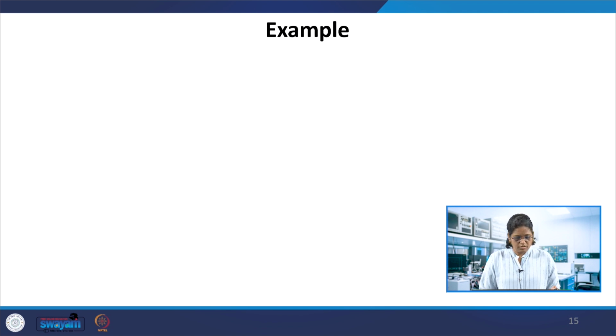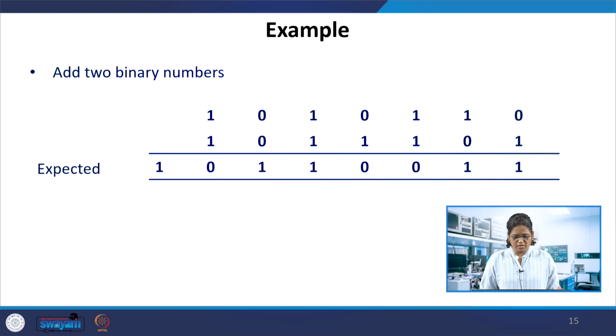So for example, if we add two binary numbers, these numbers can be any two numbers, this one having 7 bits, you can have 8 bits as well. If we add them, just to show the problem in sum and carry calculation: if we have this parallel prefix, the carry is generated separately, the sum is generated separately, and then adding the two, that doesn't work.